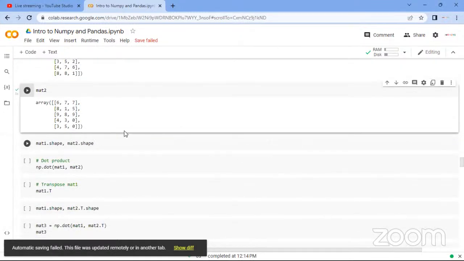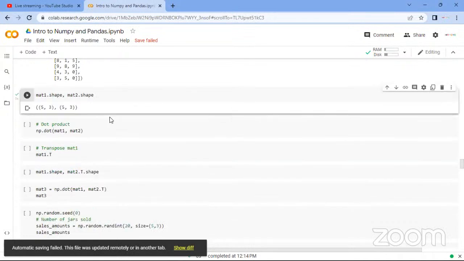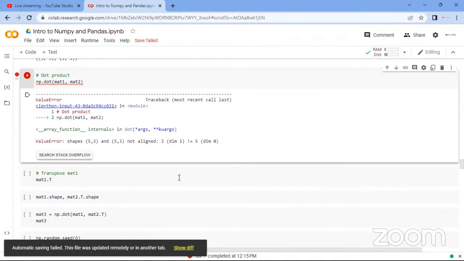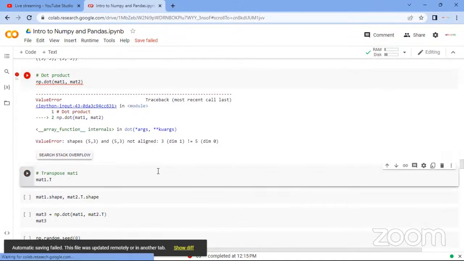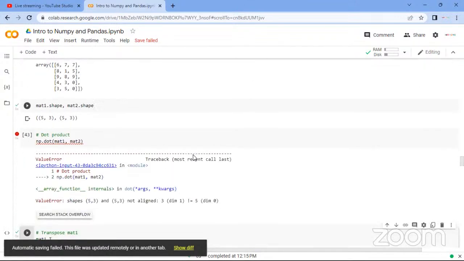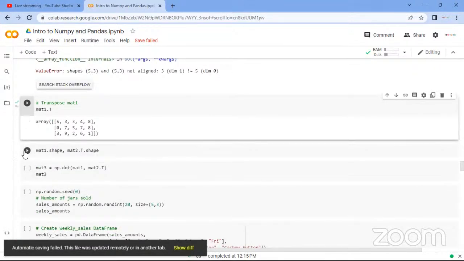So checking the shape of both, it's a 2 by 2 two-dimensional array. So I can combine them by dot product. I use np.dot. But if the shapes are still not aligned, you cannot do a dot product. To enable the dot product, you have to do what we call transpose. So I have to transpose the first array I created. Mind you, I created them using random numbers, with np.random.randint. So if I transpose and check the shape now,